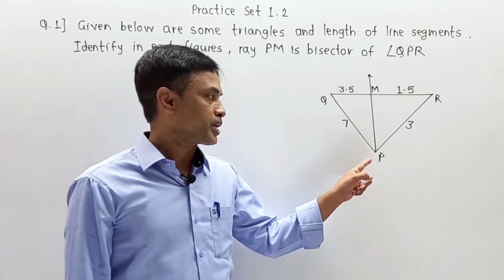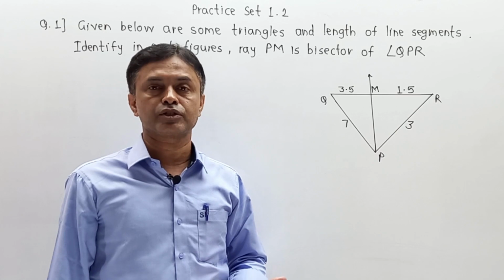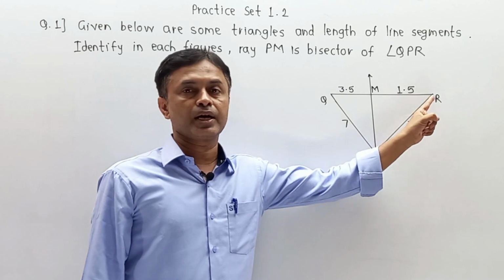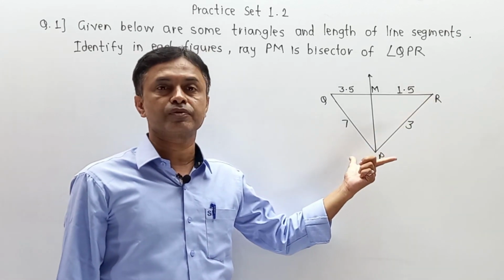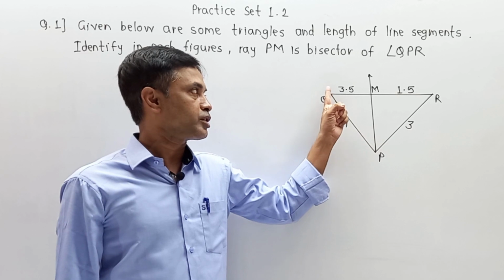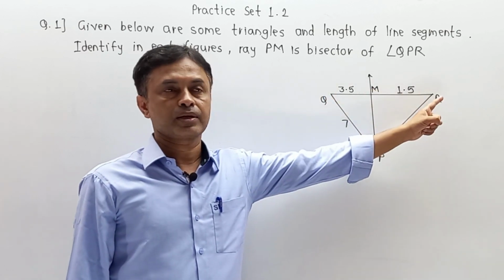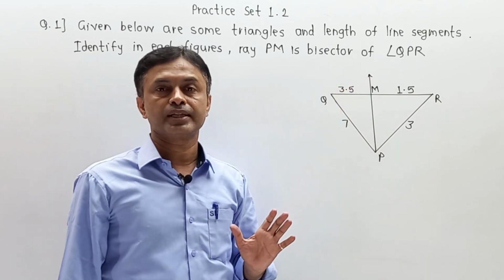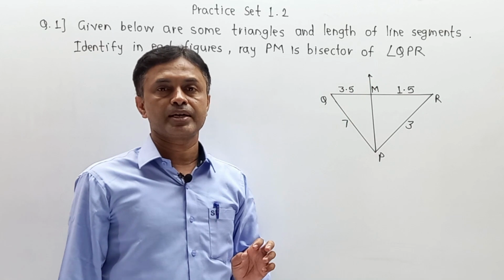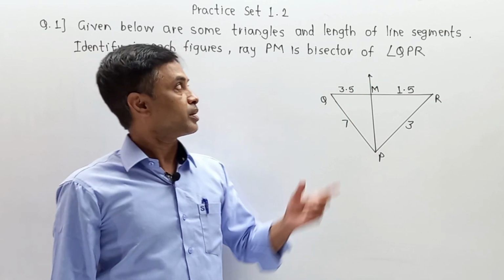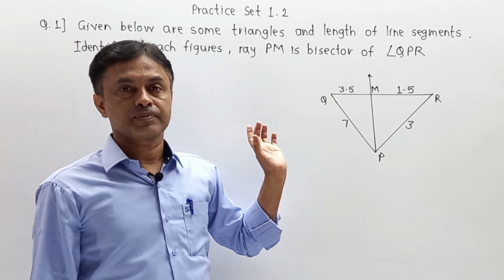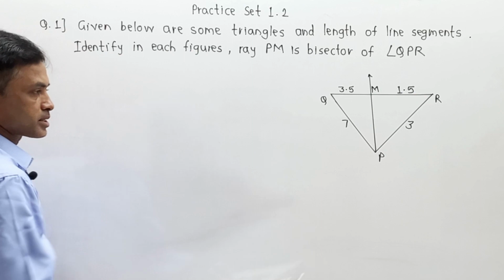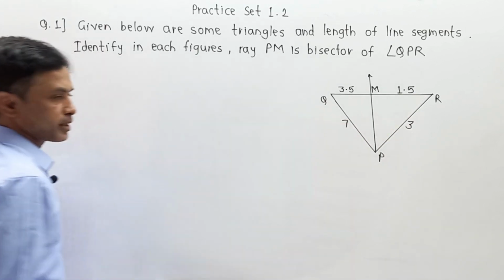First of all, I have to cross check whether this PM is an angle bisector or not. In that case, first of all, I am going to take the ratio PQ upon PR, means the ratio of the respective sides of that triangle. Next, I am going to take the ratio of QM upon MR. Either you can say MR or RM, the part remains the same. And if these two ratios are equal, then I can say that yes, PM is an angle bisector by the converse of the angle bisector theorem. If it is not, then it's false. Here I am going to start the first part, starting from PQ upon PR.